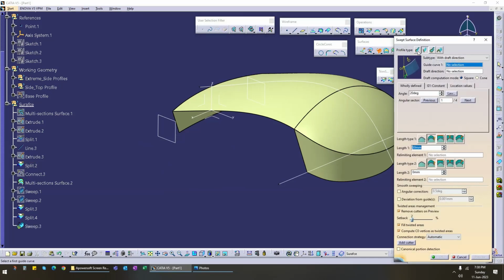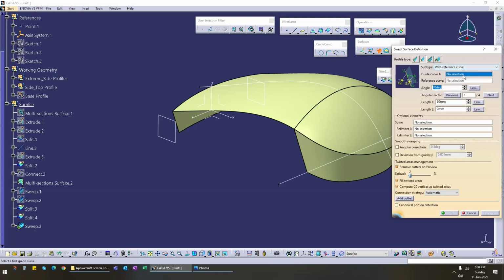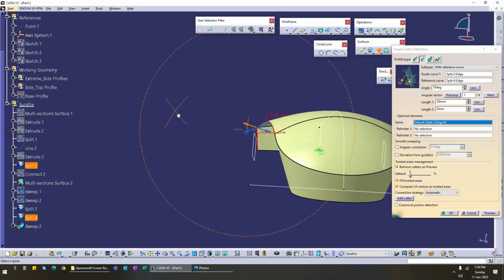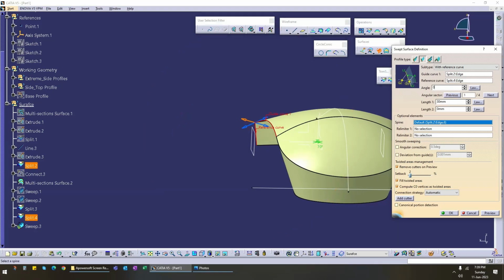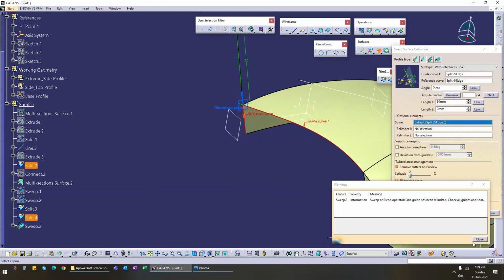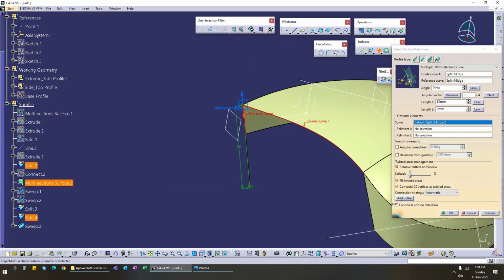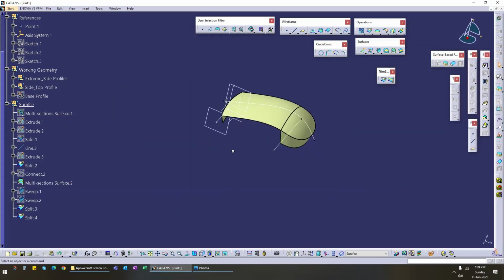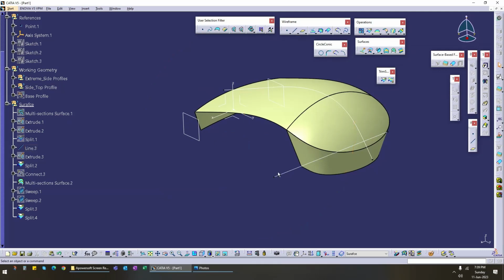Let's see if we have something in sweep. With reference curve. So we choose this and we have our reference curve, this one. I don't know why it is coming like that. And I don't want to give any angle to it. Yes, this is fine. And we make it in. Okay, this is not working. So what we are going to do is we will